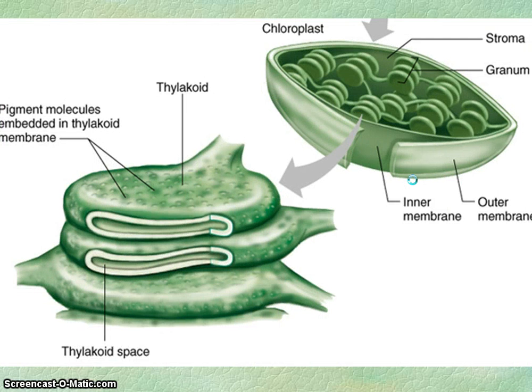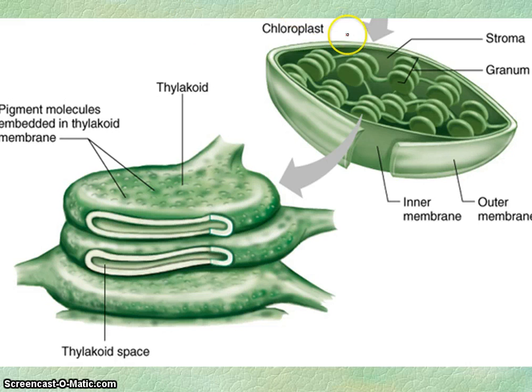Okay, now if you remember with the leaf, we talked about the importance of the mesophyll layer, and in particular with the chloroplast. So the chloroplast is green. It's a green pigment with the chlorophyll. It's going to help capture that energy from the sunlight and manufacture it into carbohydrates, excuse me. We call it a plastid. It's a green plastid. It's one of the organelles that are found in plant cells or algae or bacteria.